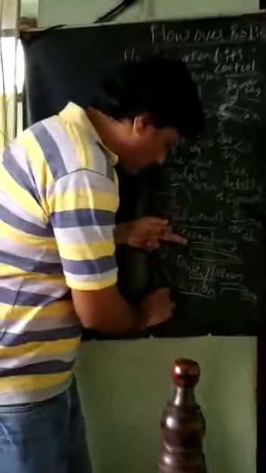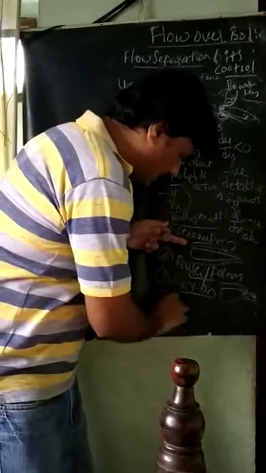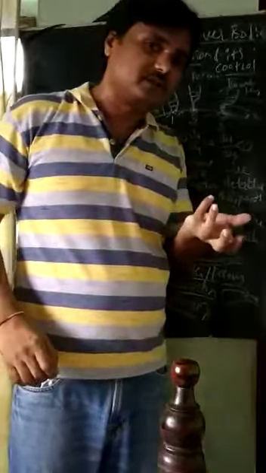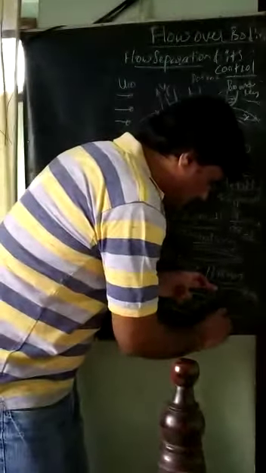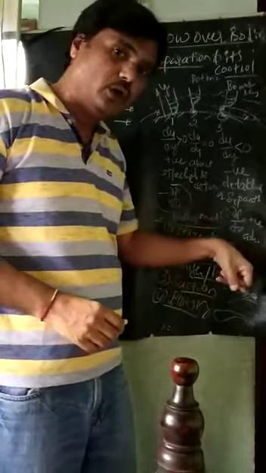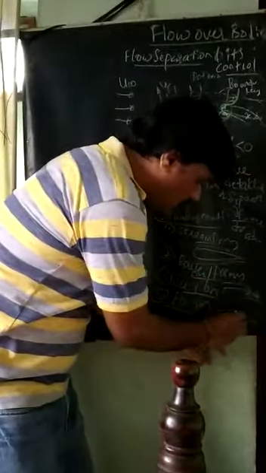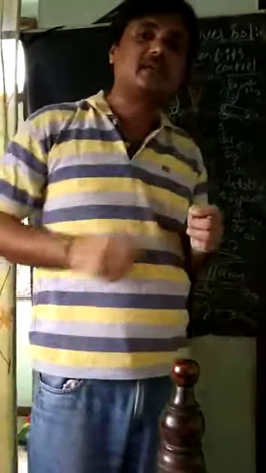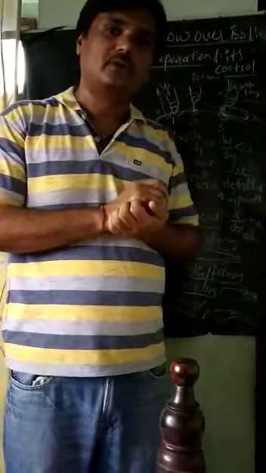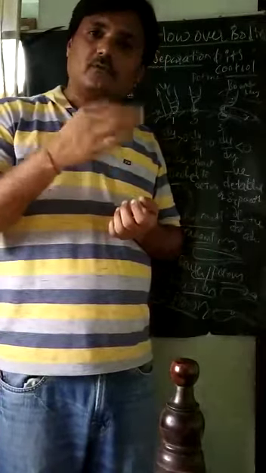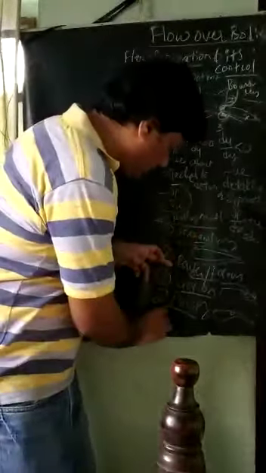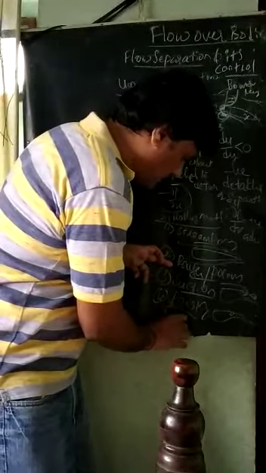The fourth one is blowing. Blowing means the opposite of suction. In suction, particles come into the hole. Here also we make a hole, but through it we inject some particles at a strategic point where the flow is separating. Definitely that flow separation point will be delayed or move away. The fifth one is more length.